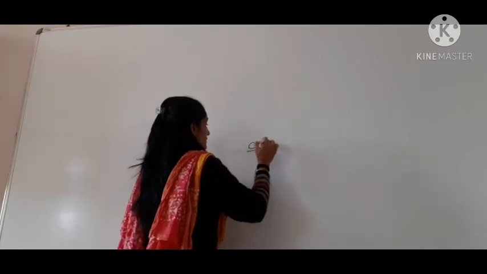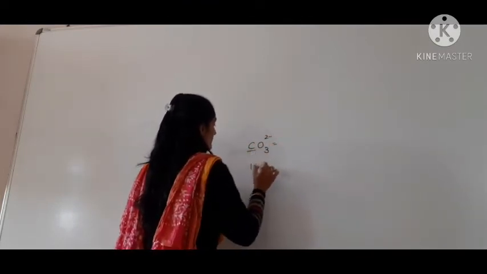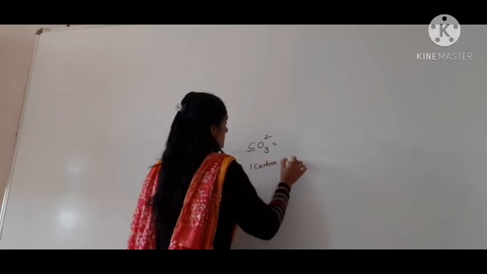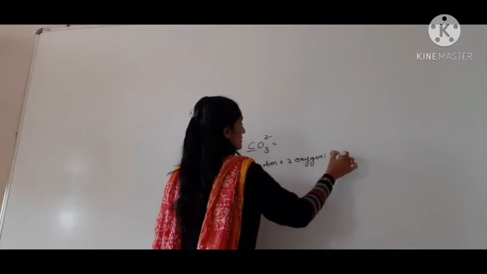Good morning class. In the last lecture we learned up to polyatomic ions, a group of atoms carrying either positive or negative charge. We learned examples like the carbonate ion, which has 1 carbon and 3 oxygen with a -2 charge. That means the total number of atoms is 1 carbon atom plus 3 oxygen atoms, so in total we have 4 atoms.